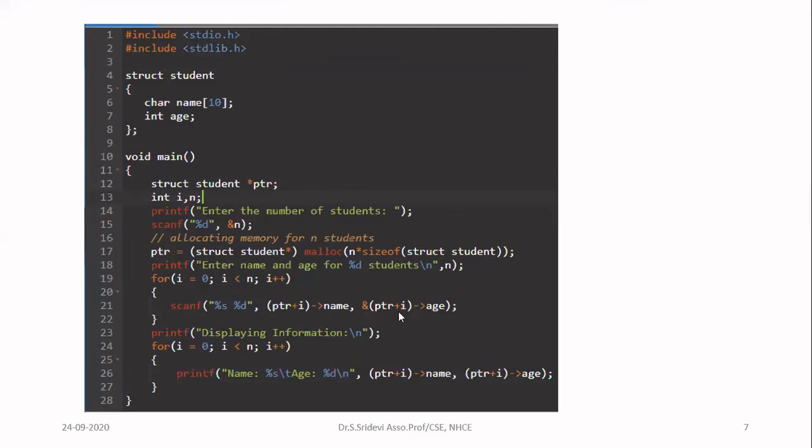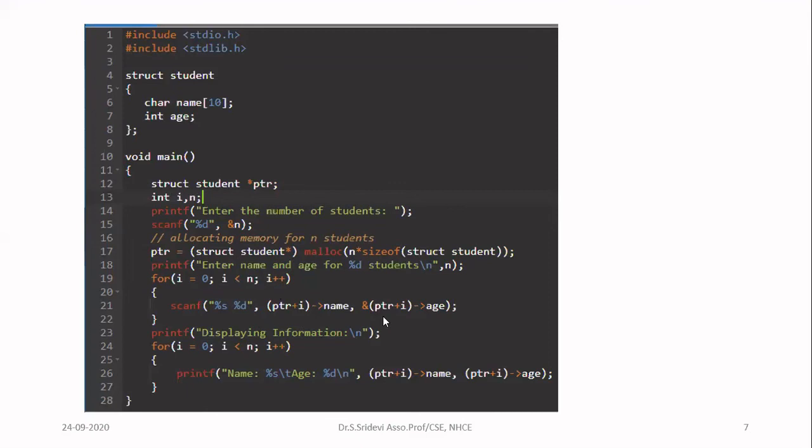There you have written only by the pointer, but now we are adding I to this. Why we are adding I is every time we have array of structures now, every element we have to move by I value, which is nothing but the index. For that I have given PTR plus I. If you do this, you will get the value for all the elements of the structure. You can store it in the memory.